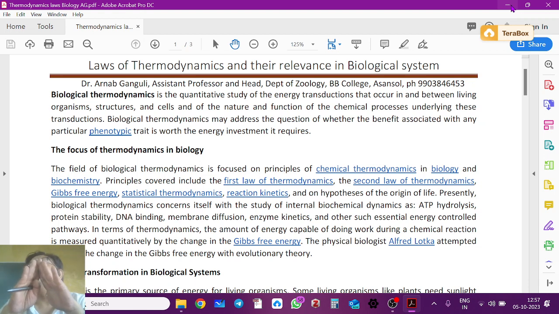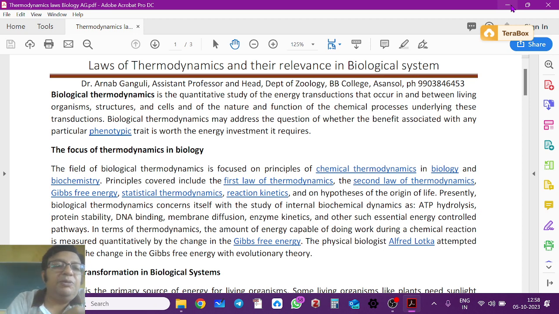This is the basics of thermodynamics. One law of thermodynamics states that energy can neither be created nor destroyed. It just changes forms. Einstein also, via his theory of relativity, said that matter and energy can be converted. So basically, nothing is lost in this system. The sum total of the energy remains the same in the system. It doesn't go away. In the universe, it's the same. The sum total of all the energy will always remain the same. You may lose energy at one point, but you will gain energy at another point. So this is how it is.